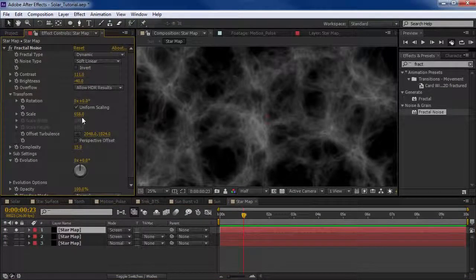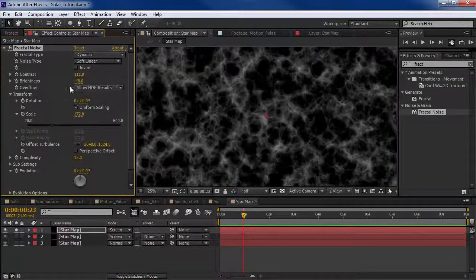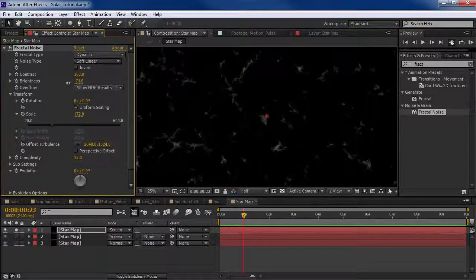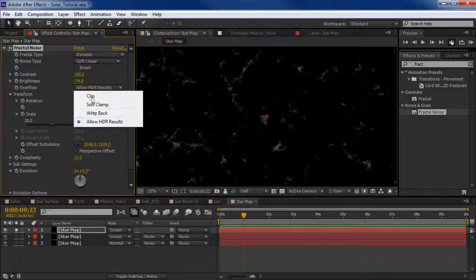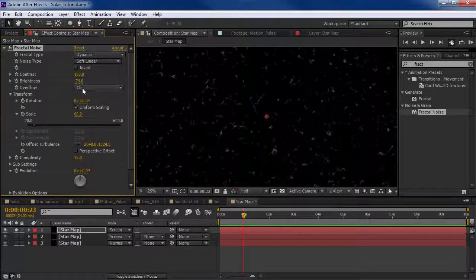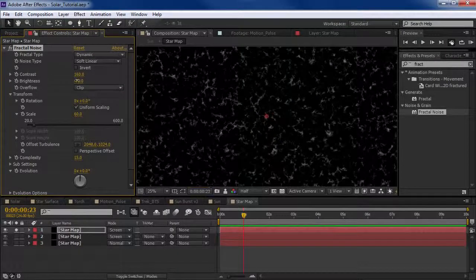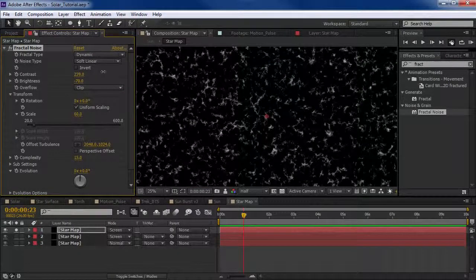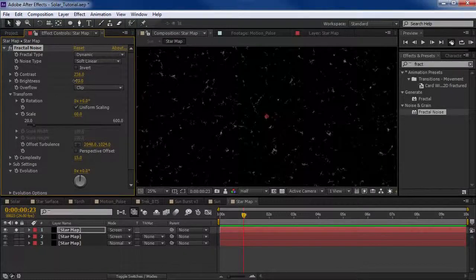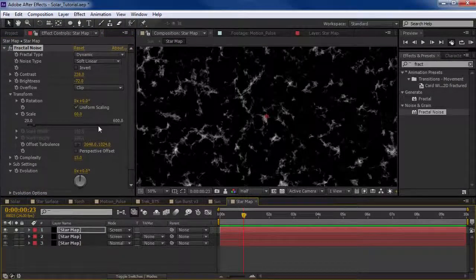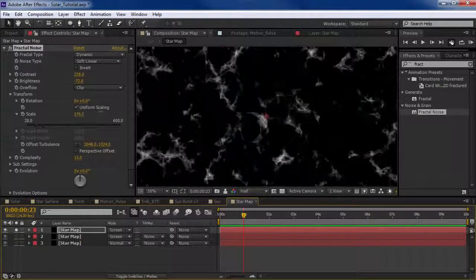Let's bring the scale down very low. So what we want to do is turn the contrast up and the brightness down. So we want to create a lot of small, very bright detail. So maybe we'll set this to clip, and let's see. Okay, so this is looking pretty good. Maybe just scale it up a bit